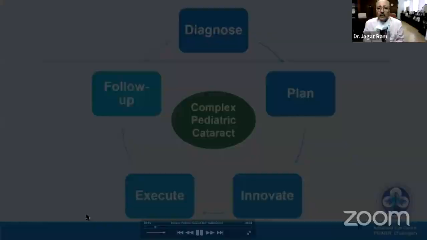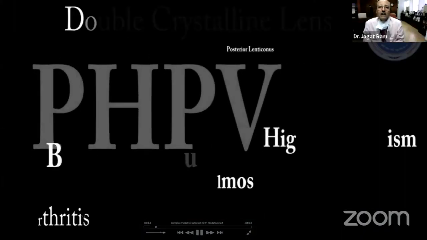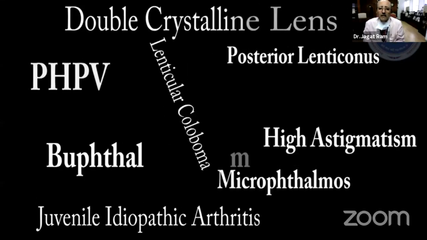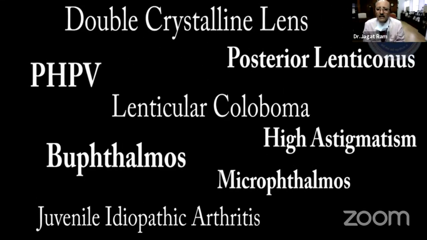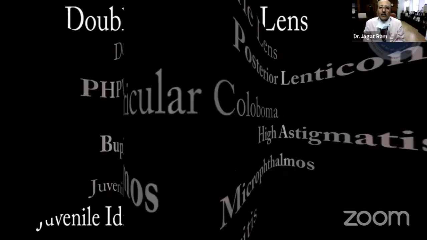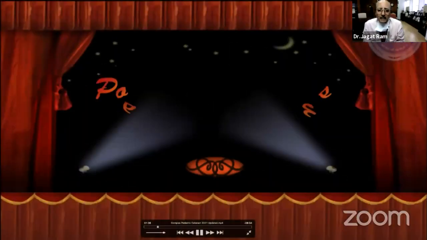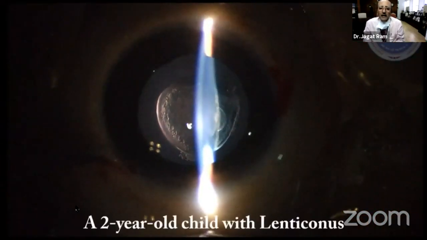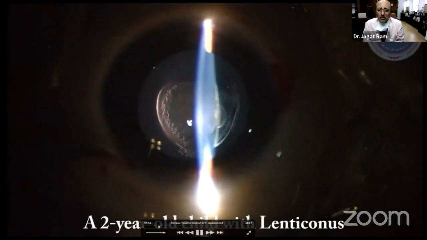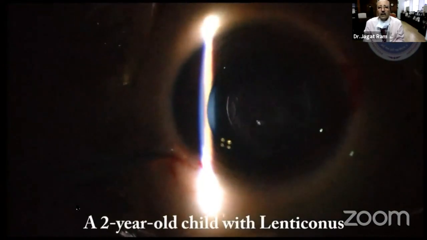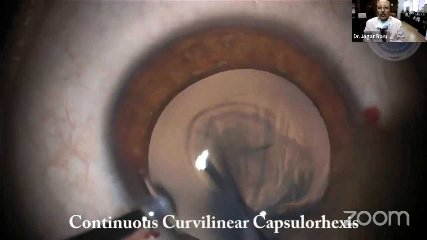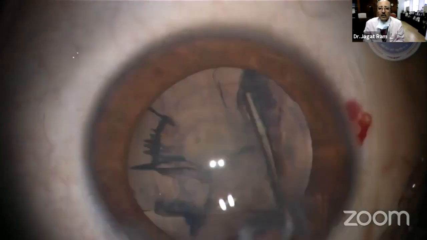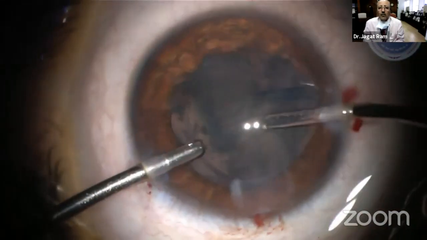Because I will be showing you some complex situations. We have seen several complex situations, such as PHPV, microphthalmos with cataract, posterior lenticonus, double crystalline lens, and others. Here is a case of posterior lenticonus, a 12-year-old child with lenticonus. And this is the completion of the continuous curvilinear capsulorhexis and removal of the cortex.